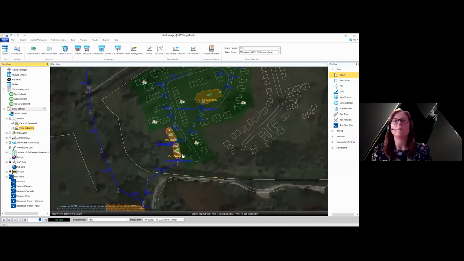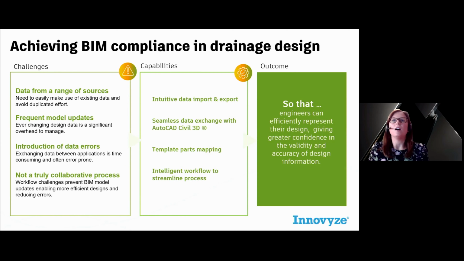So moving on and focusing in on the challenges that relate to BIM compliance and the data exchange with Civil 3D. Why is this such an important part? Well, as we've noted from the overall challenges, the drainage design rarely happens in isolation. We need to use data from a range of data sources, and we don't want to duplicate effort when we're